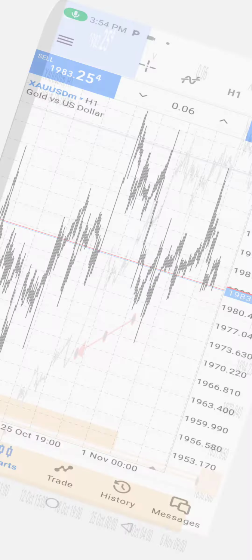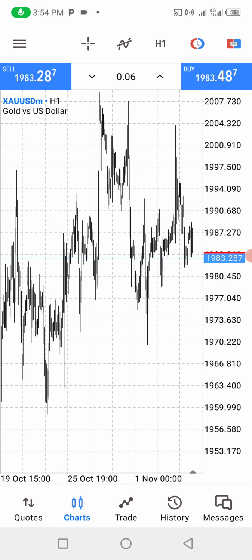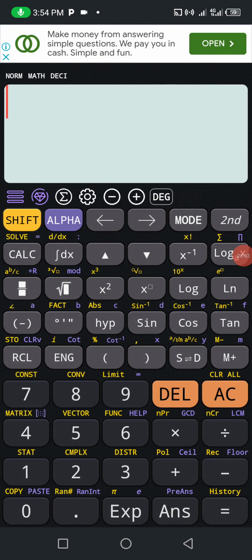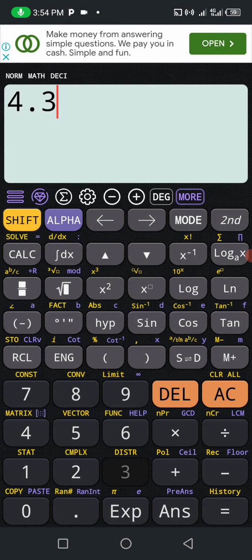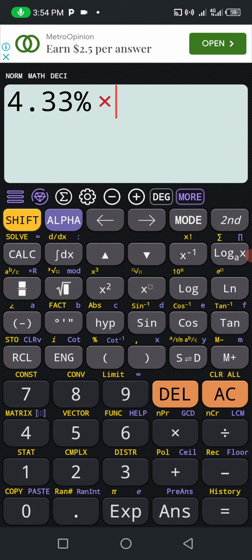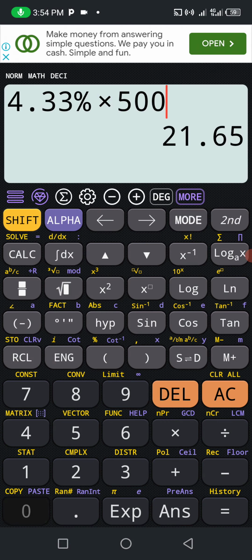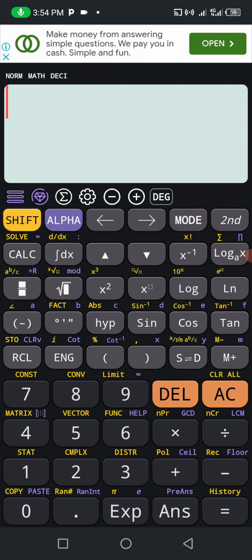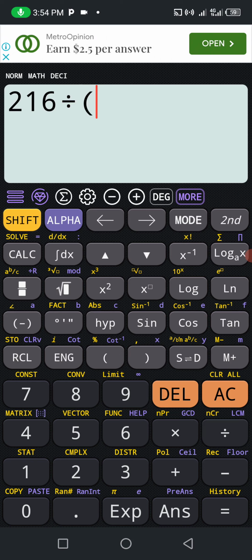Right now, we are going to use 15 pip. You will see that the lot size will be increasing at this moment. So you are going to use 4.33% as your series, and you apply it on the same $5,000 account. So you'll be risking $216. $216, and then you are going to be dividing it by